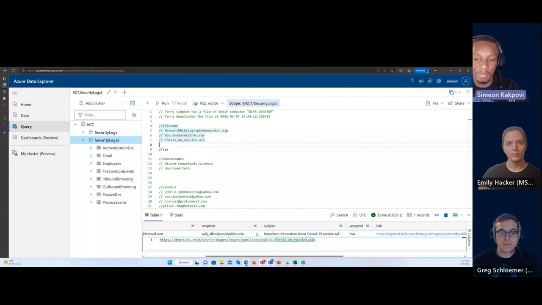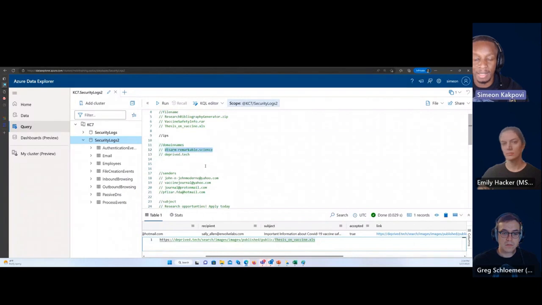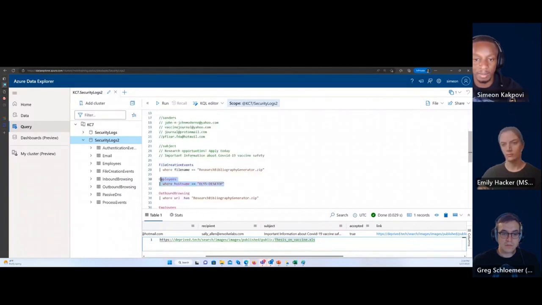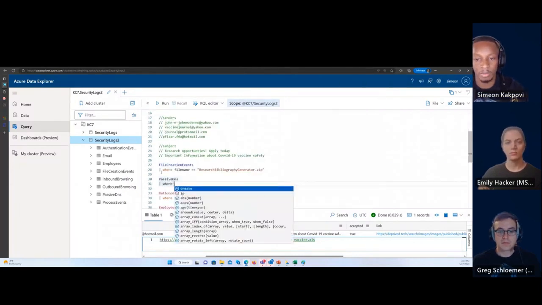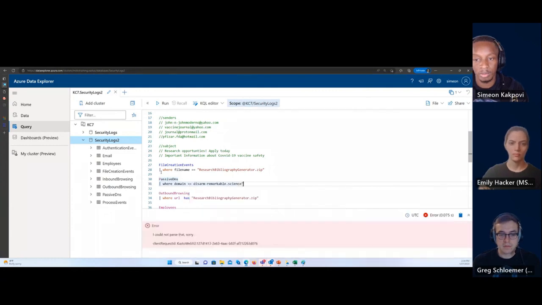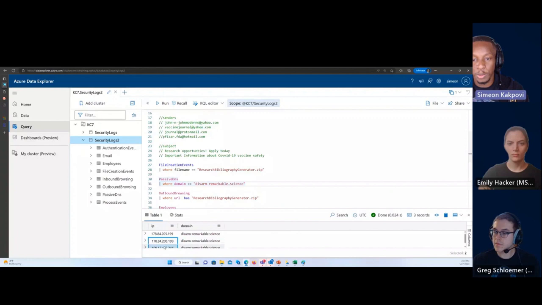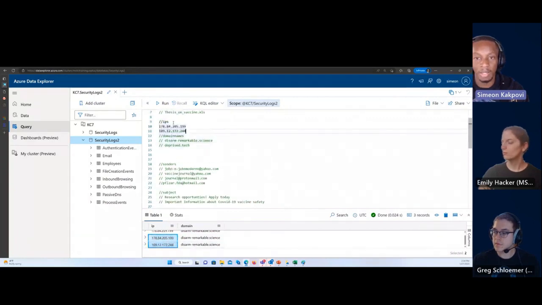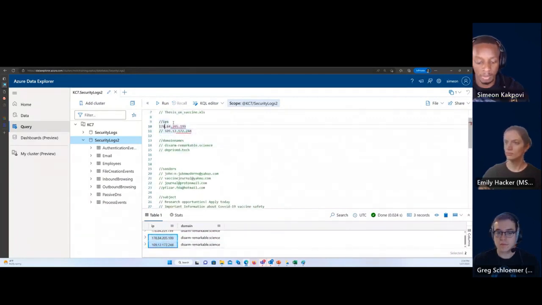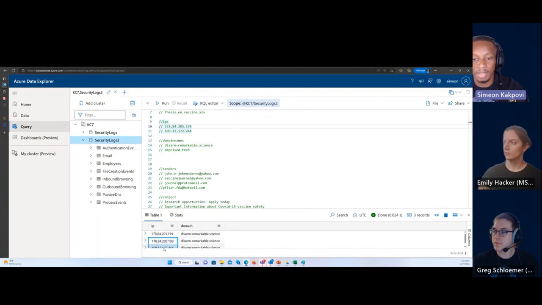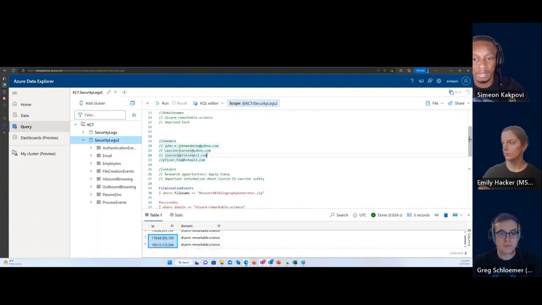What I'm going to do is pivot into passive DNS to get some IPs that I don't already have. So I'll say passive DNS where domain, and I have two IPs that I can put as part of my cluster. And then I can pivot on these two IPs again.